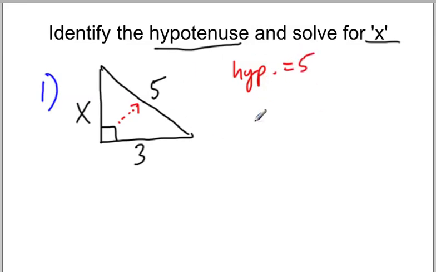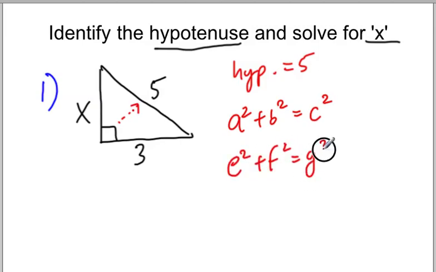Now if you remember Pythagoras' equation, it's a squared plus b squared is equal to c squared. Okay, so now I could have called this, like e squared plus f squared is equal to g squared. It doesn't really matter what you call it. What's important to remember is that the 2 sides are basically a and b, so the ones that are being added together, and what it equals to is the hypotenuse. So in this case,